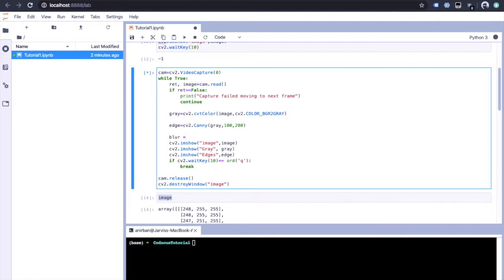Okay, so blur we want to do. Let's do it here only. Dot Gaussian blur, and we can apply a color as well as a gray image in this. So let's apply it on a color image, and we will get